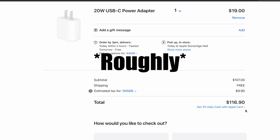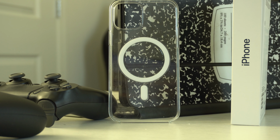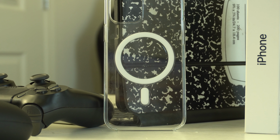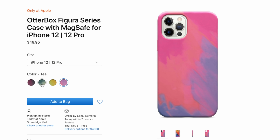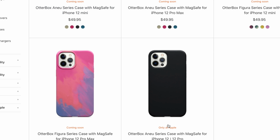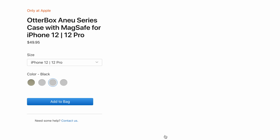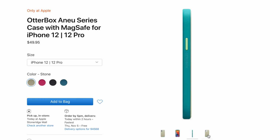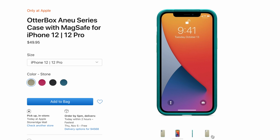$110. But I'm hopeful in the future we'll see more third-party manufacturers integrate this ring on their cases, because currently you can find OtterBox also has MagSafe support, but of course they have that partnership agreement with Apple, so that's probably the reason why they got it earlier. But I hope to see more third parties out there to definitely make this more affordable for everybody else to